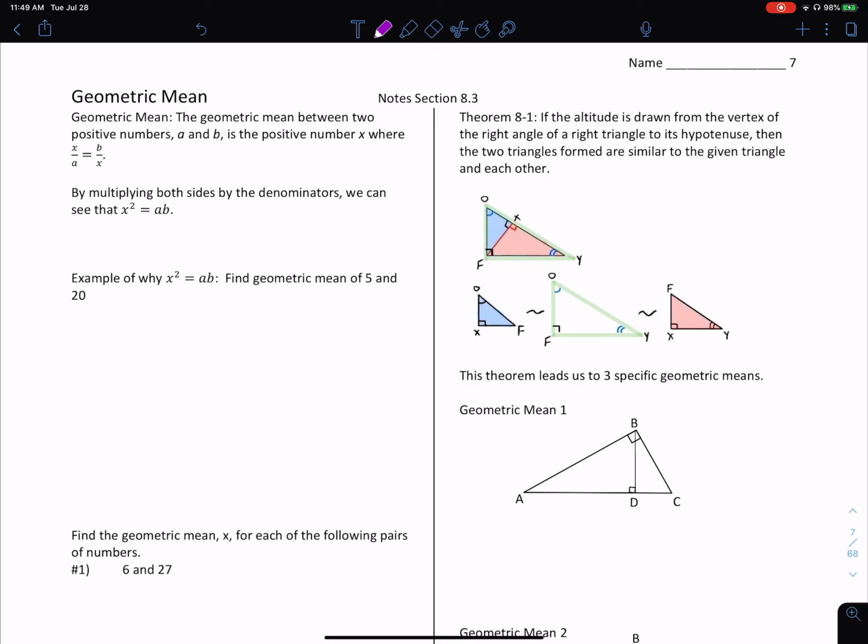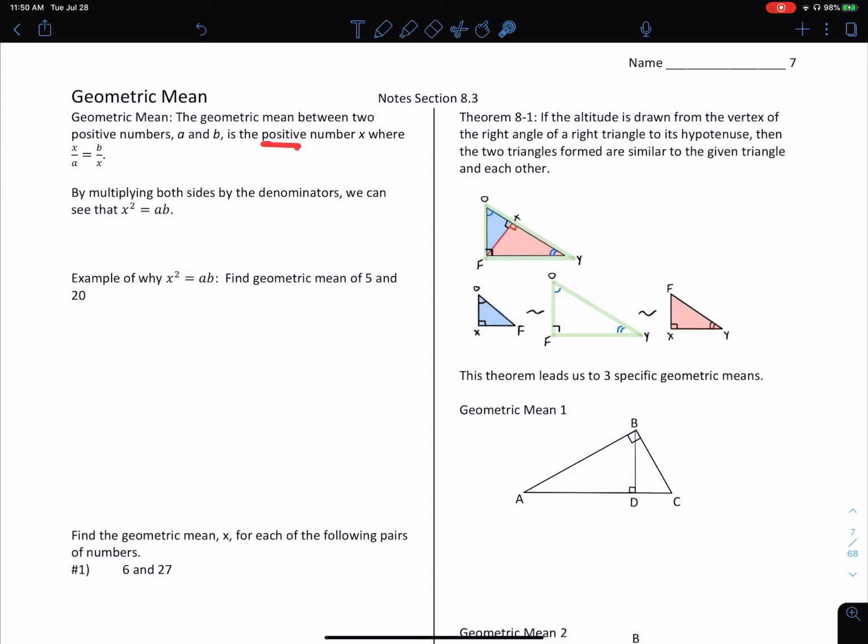Geometry, note section 8.3, geometric mean. This can get a little deep, so I'm going to explain where this stuff comes from, and then we'll do some examples. Geometric mean. The geometric mean between two positive numbers, a and b, is the positive number x,